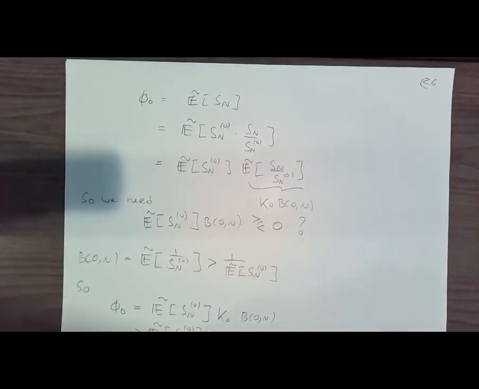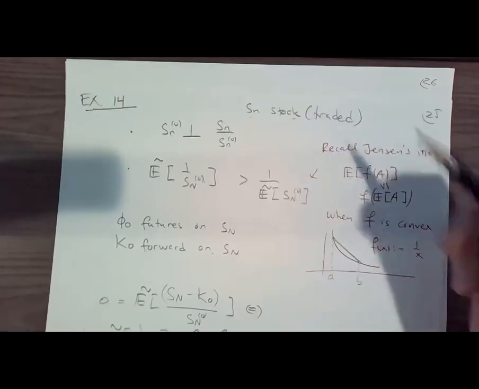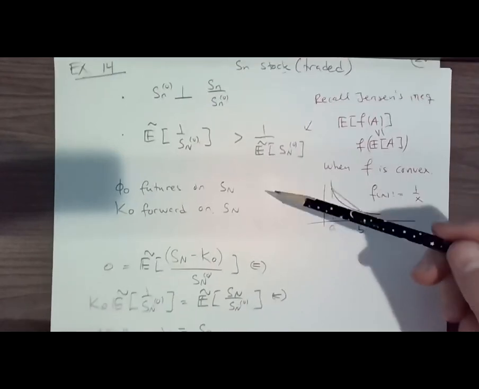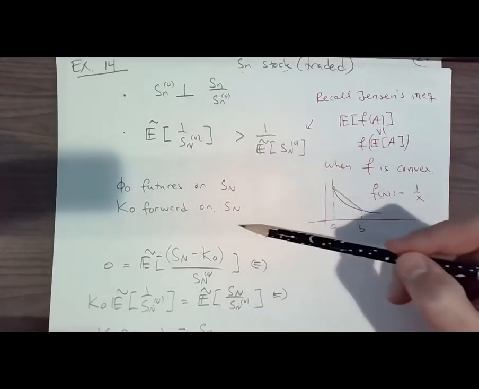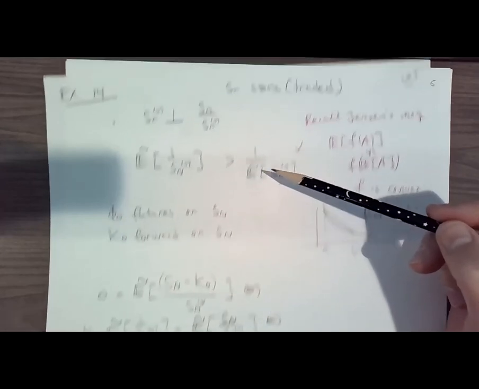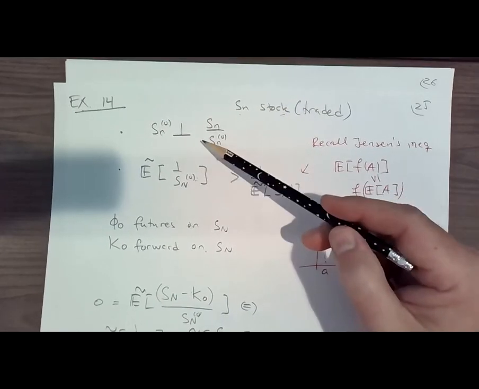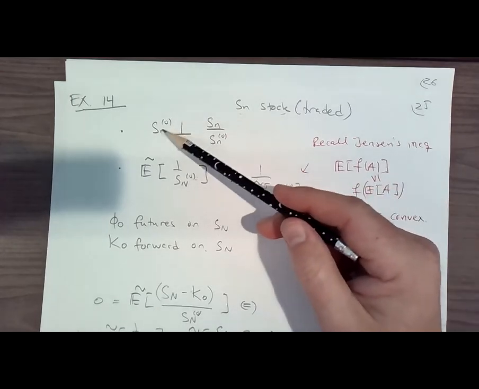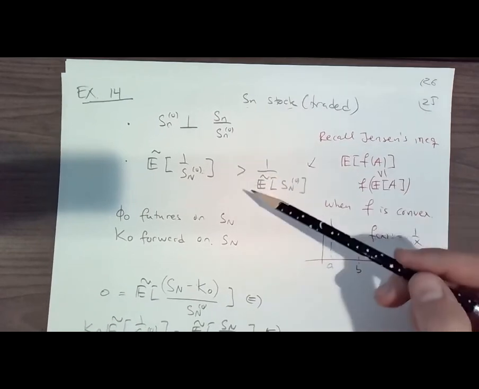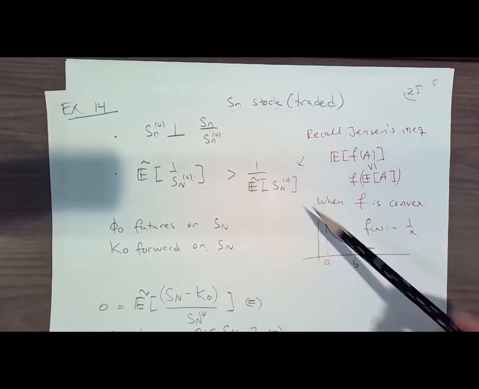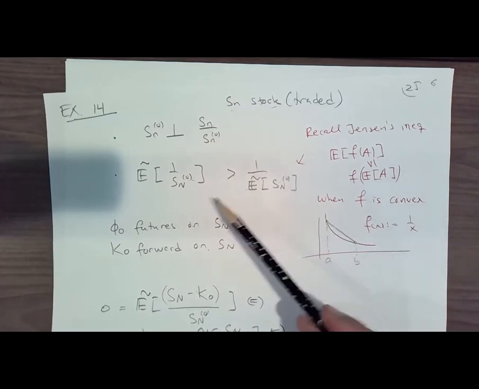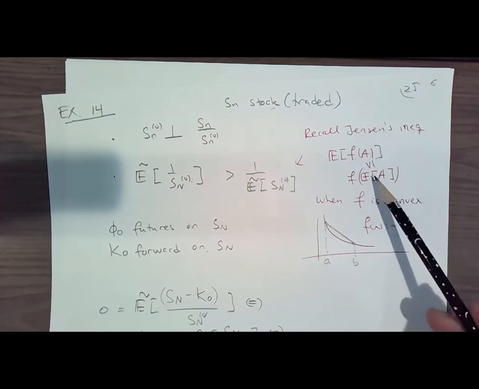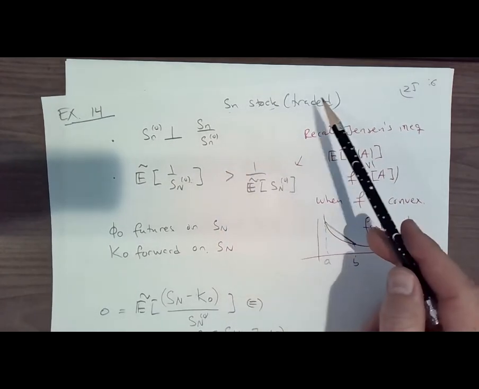But again, keep in mind, this is not something that is going to be true in general. It relied on a number of properties when we're looking at futures and forwards, both being written on traded securities' price process. We had an independence assumption, which in general is not going to be true, that the stock discount is independent of the money market account. And this one here is more benign, because as soon as you have stochasticity, you're going to get this strict inequality. This one here is much more benign because it comes from Jensen.